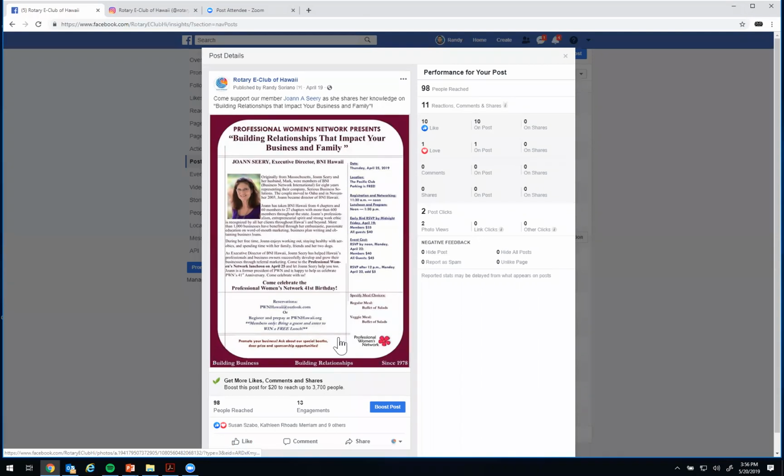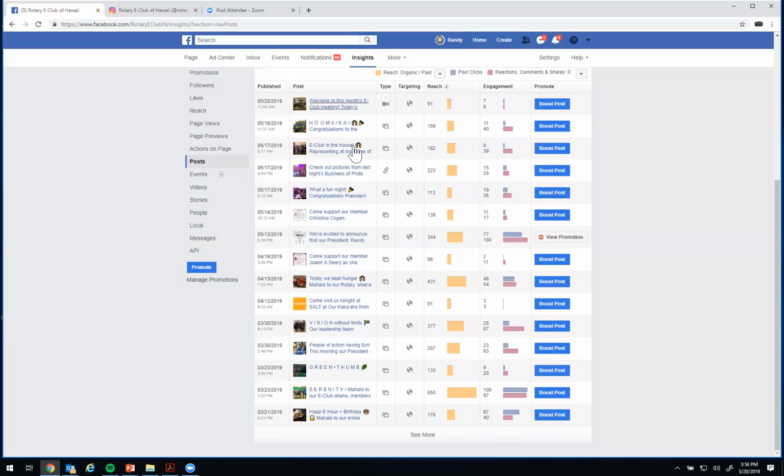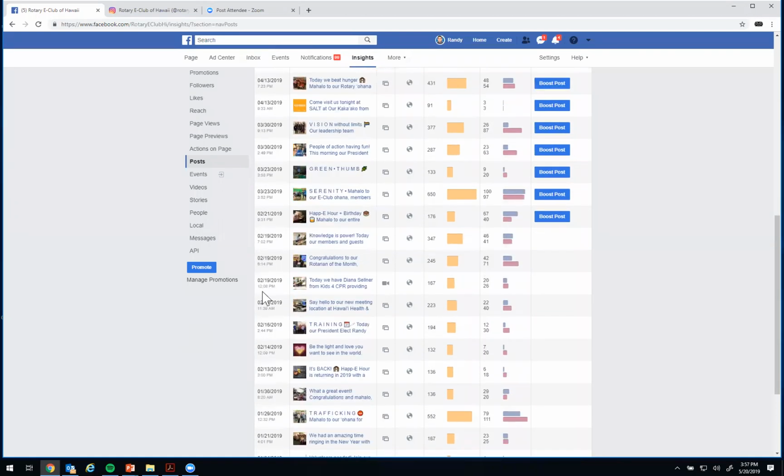So that's one of the things that offsets it. When you see something like this that doesn't perform well, make sure you don't do it very often, or put it sporadically in between posts that do well, like pictures. Does that make sense? Yes.